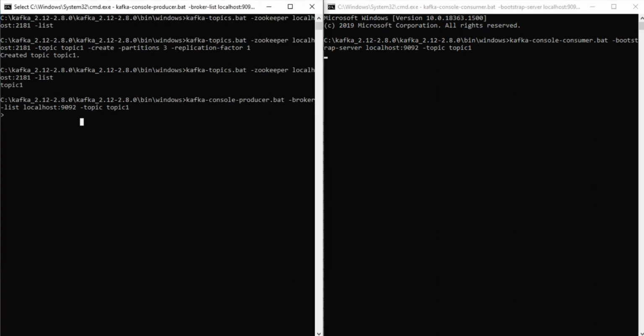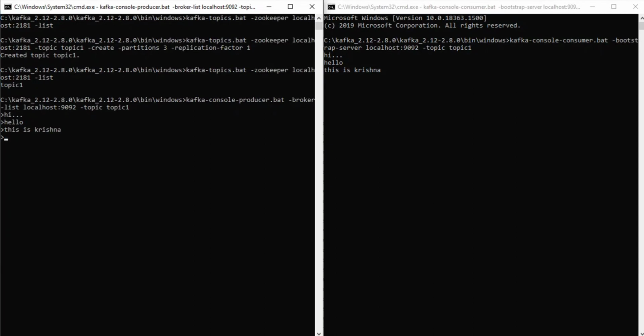Okay, so I will produce one message now. Hi. It should be sent to some broker which will have my topic 1, and it will be stored, right? And immediately the window on the right side will fetch that message from topic 1. Yeah, so it's sending, and our consumer is consuming that message immediately. This is real time. This is Krishna. If you see, the producer is producing a message and at the same time, in real time, the consumer is getting the messages.